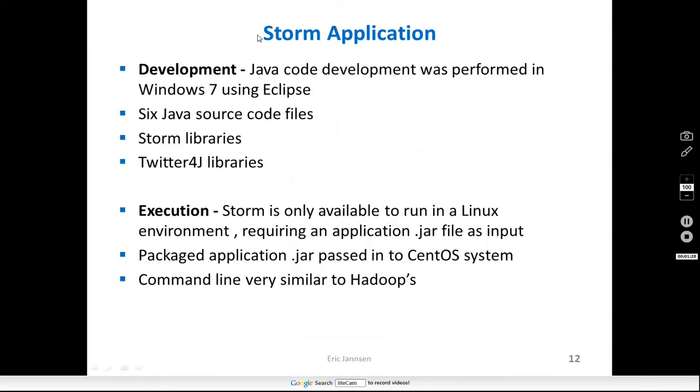My application. The application I did, I did all the development in Windows 7 using Eclipse. I ended up with 6 Java source code files. I downloaded some Storm libraries. I got some Twitter4J libraries. And since Storm only runs in a Linux environment, I had to